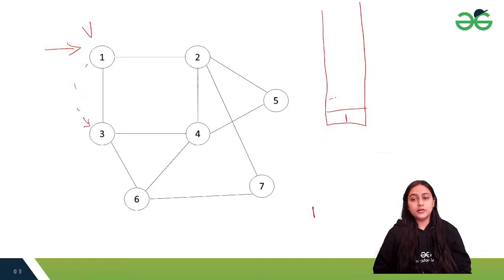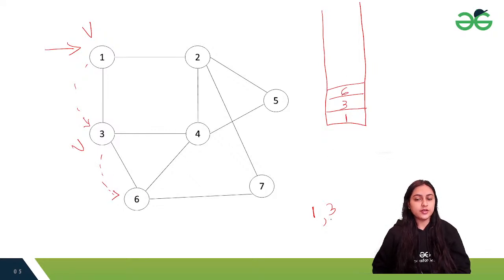ठीक है। आपने 3 को पुश किया, 3 को प्रिंट किया और यहाँ पे विजिटेड मार्क किया। 3 के पास क्या क्या ऑप्शन है, 3 के पास ऑप्शन है 4 पे जाने का, 6 पे जाने का। लेट्स डू वन थिंग, हम 6 पे चलते हैं, चलो, ठीक है। ये टोटली आपकी चॉइस है, आप कहीं भी जा सकते हो,